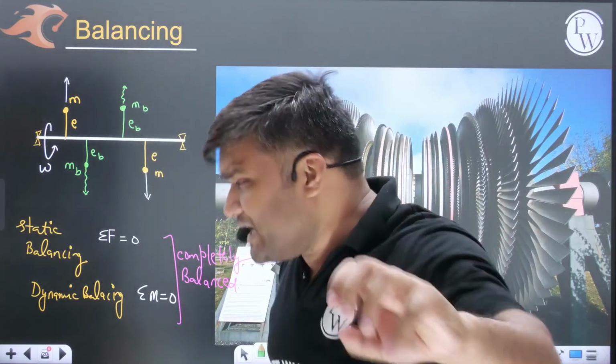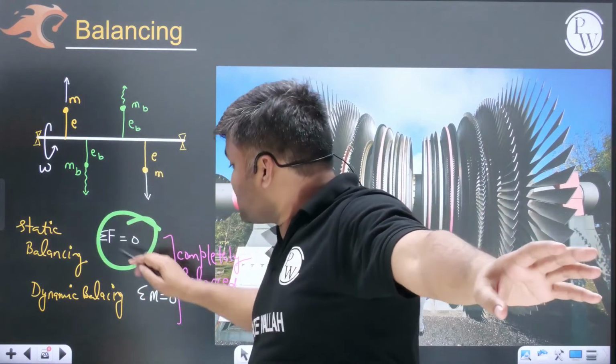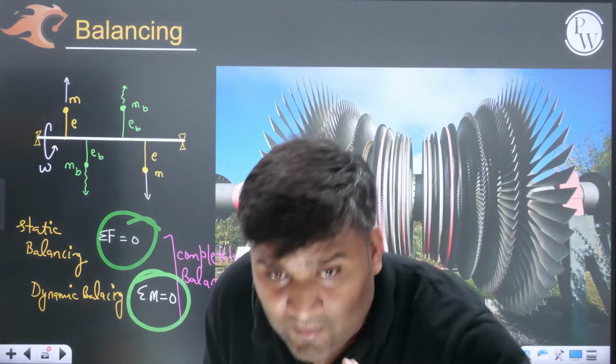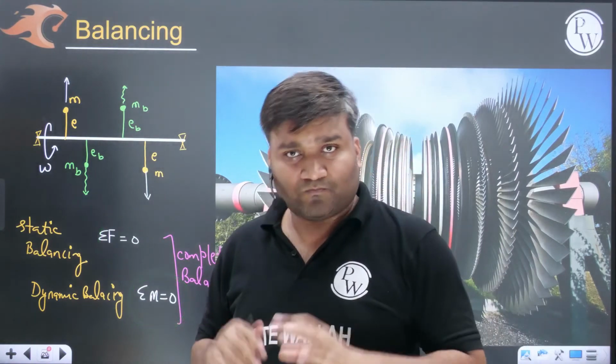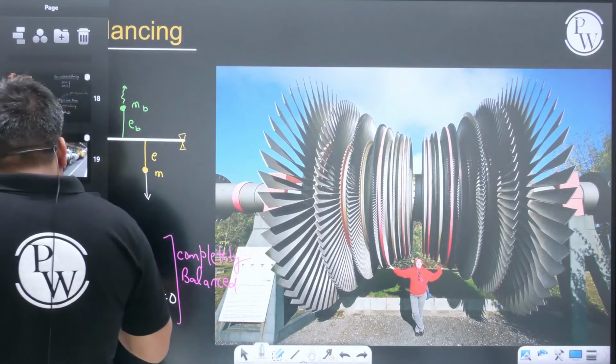Or for complete balancing, you have to check, my dear, whether the summation of forces is zero or not, whether the summation of moments is zero or not. Getting my point or not? Clear? Now I will give you